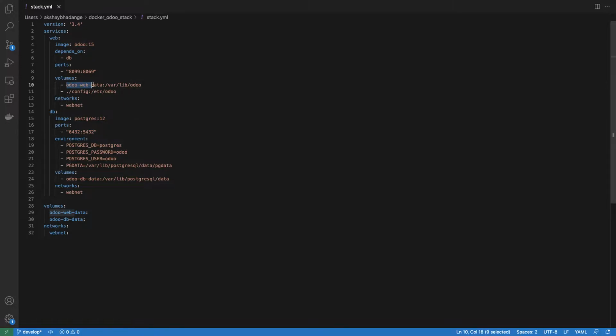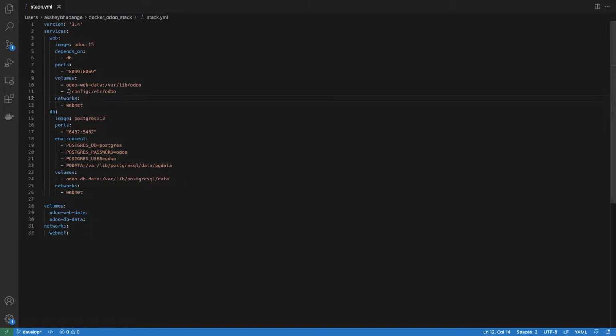That's why I've created a folder called odoo-web-data, and I mapped it to /var/lib/odoo. Then we also need some default config, so I've created a folder for config, and we're mounting that config inside the /etc/odoo folder.